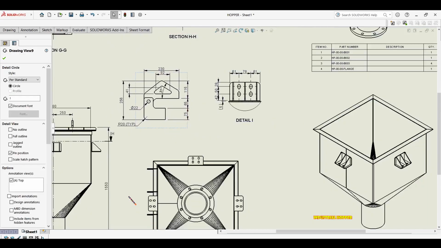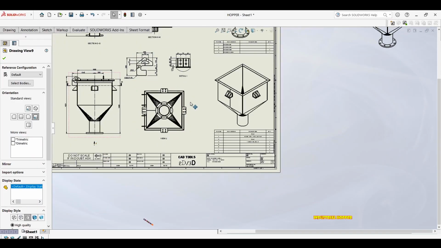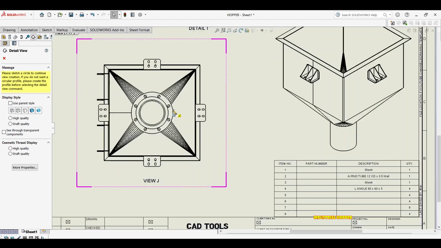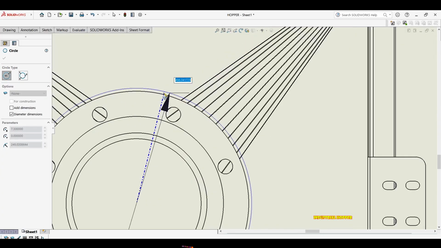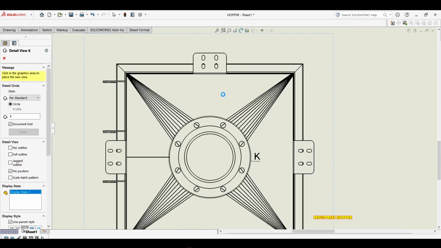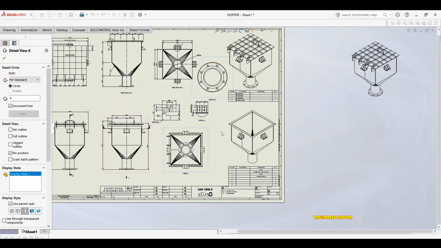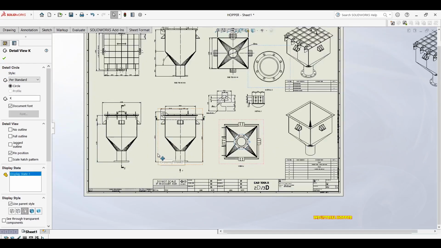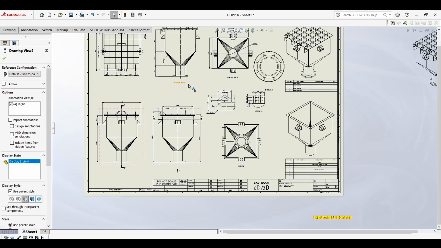And of course, I think you can still bring in your multi-body parts in here. Let's do this. I want that detail of a flange. Okay, I want this one, and